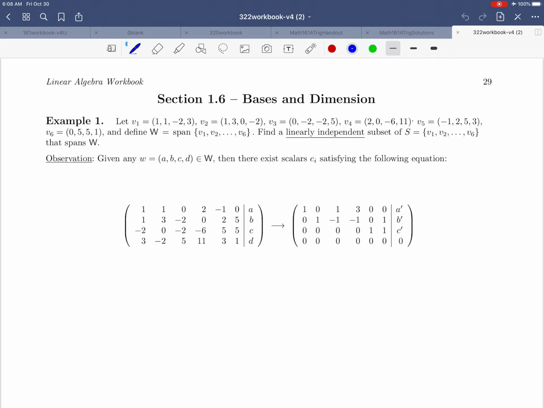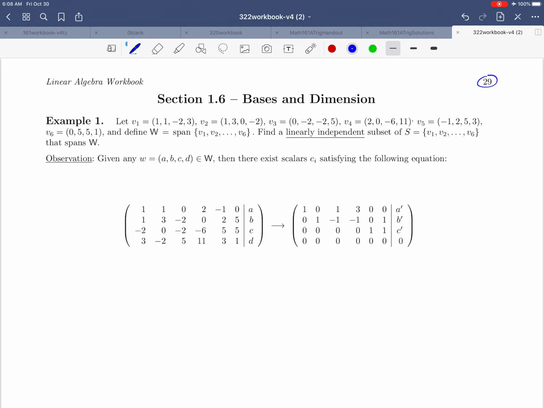Hello everybody, and welcome to the beginning of section 1.6. We're looking at page 29 of the workbook here. And in this section, we're going to be talking about bases and dimension. These are two huge definitions in linear algebra. We're going to see that they unify a lot of the concepts that we've been talking about up to this